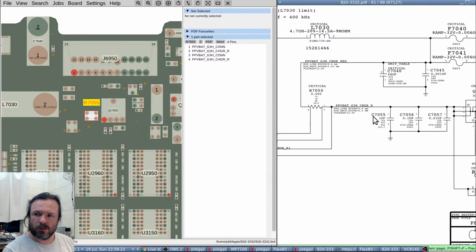Oops. 1288. Okay, 1199. Will it get to 11.1? It could be current sense, yes. But it's really like it's...